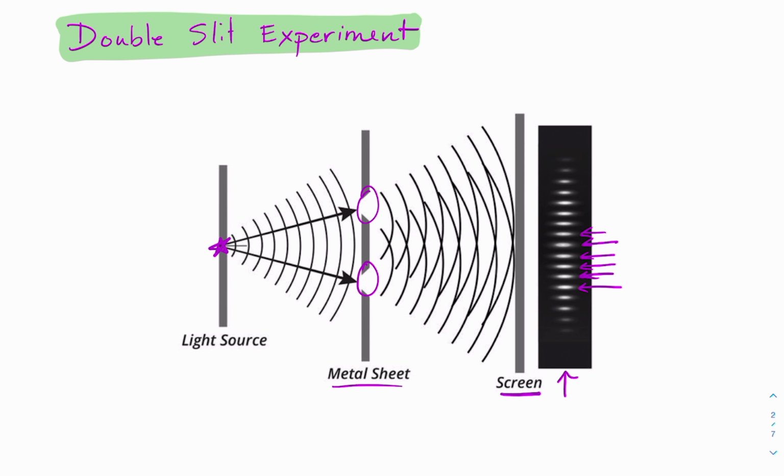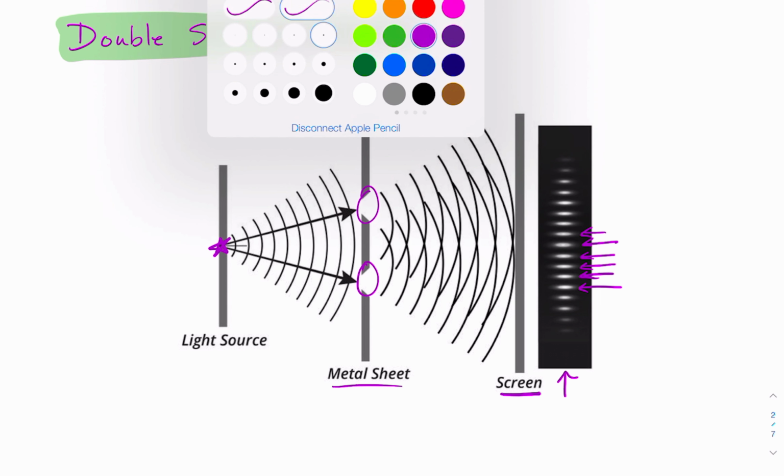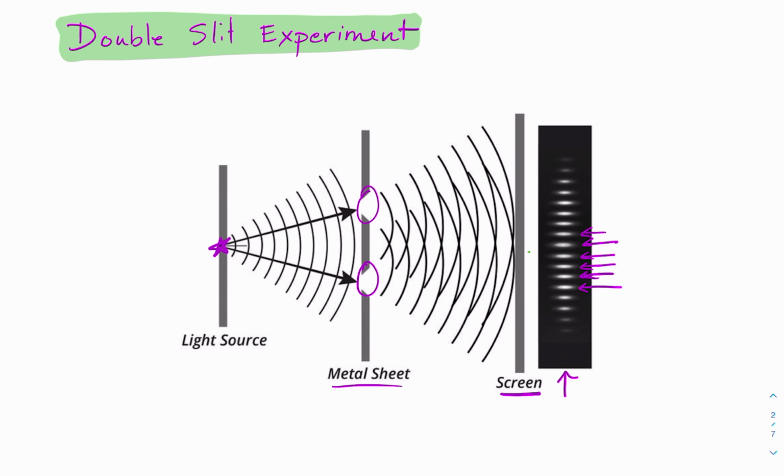And then in between those, you will see what look like destructive, where you see no light in between each one of those constructive interference patterns. And this particular experiment is very important. This was done by several scientists back in the early, mid to late 1800s, that showed that, hey, light acts like a wave,